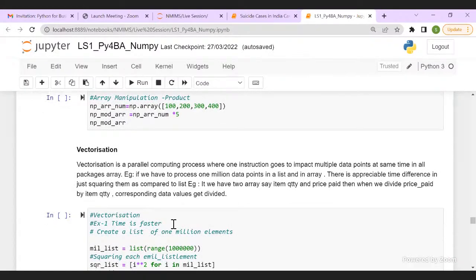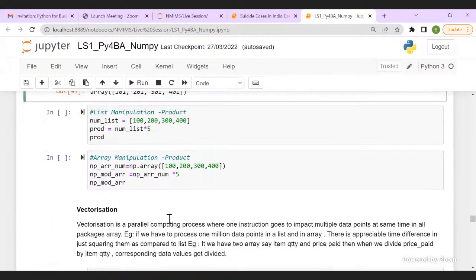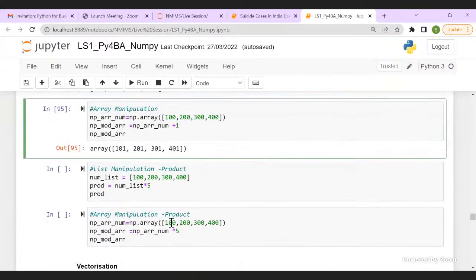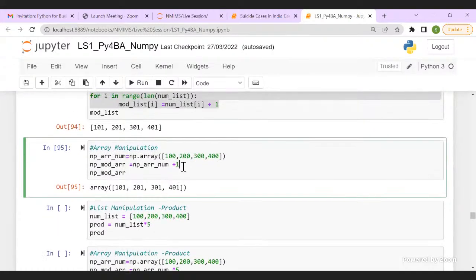It is a little concept. So we'll take it in the next class. Okay. So don't worry, I'll not overwhelm you with vectorization today. So this is a simple code. Okay. So I'll do the simple things which you know, so that we have some kind of completion out here. So for array manipulation, if I want to add 1 to each of the data points, this is a very, very simple code you can do.